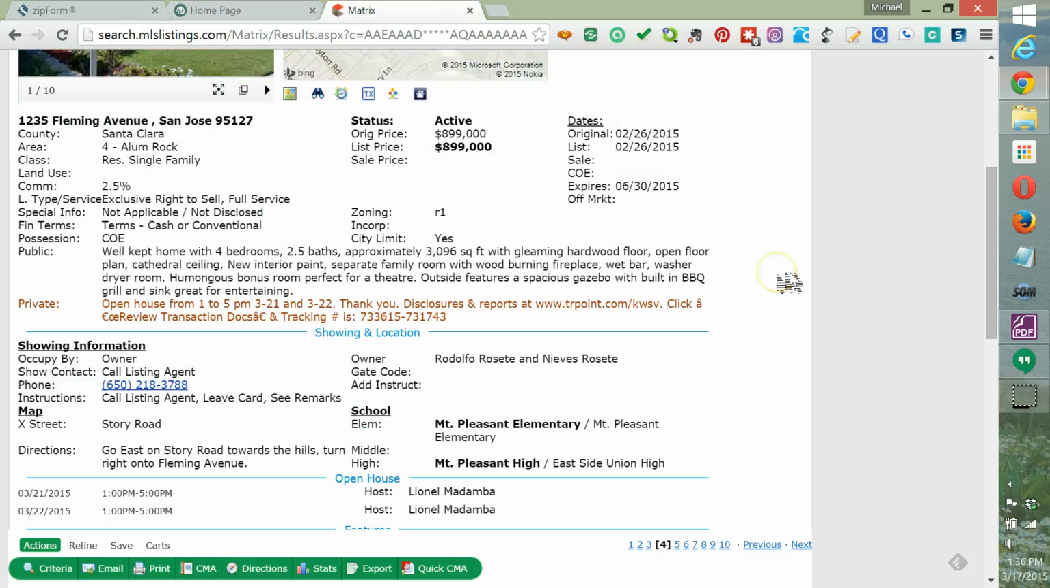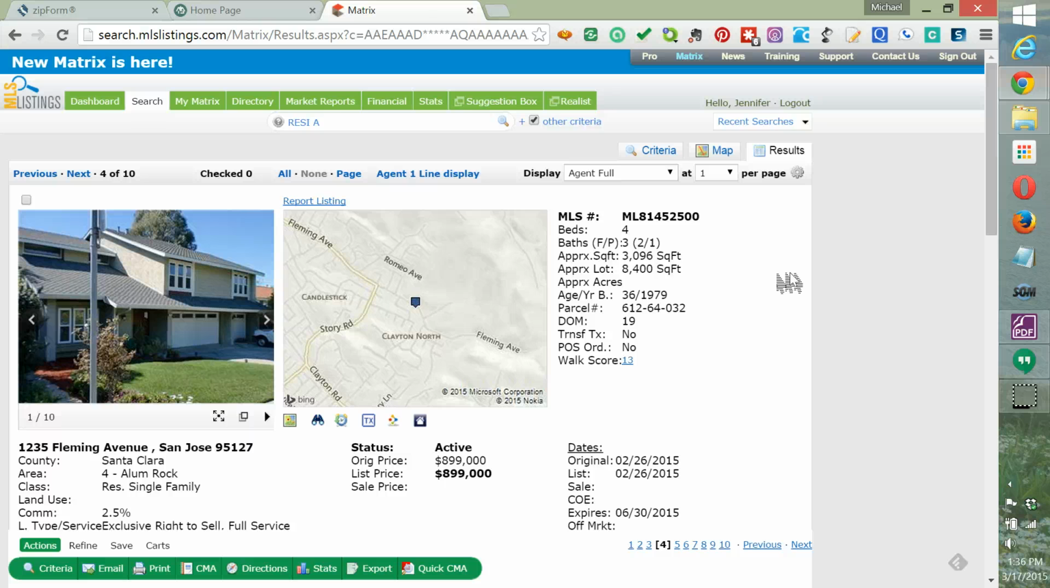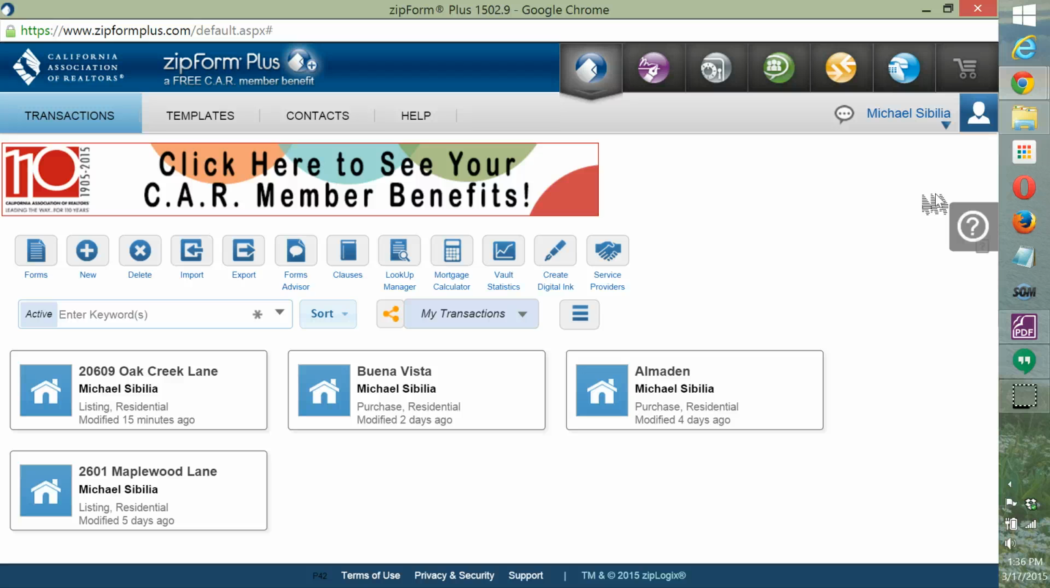Notice where I'm starting: I'm starting in the MLS. And the reason that I'm starting in the MLS is we want the MLS number. So we're going to copy that. This, by the way, will save you a lot of time. So we've copied the MLS number, and I've already opened up a screen that is for the MLS,